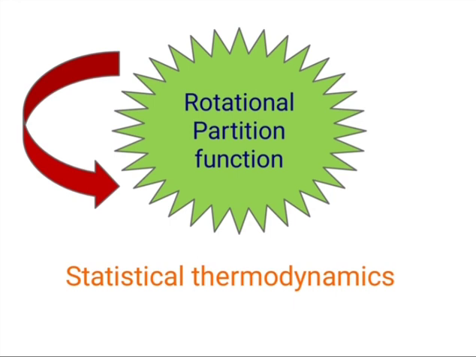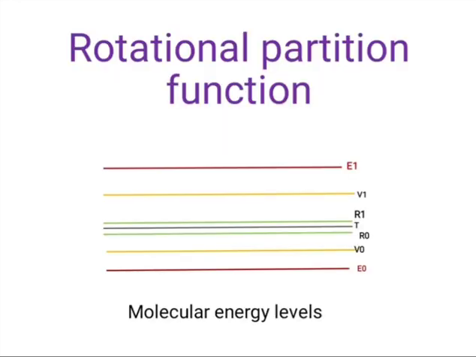So this is the partition, and as we learned, the molecular energy levels are like that. There are the electronic energy levels; these red lines are the electronic energy levels. Here, the energy gap between the ground state and the excited state is much larger. Then inside the electronic energy levels, there are the vibrational energy levels placed. This yellow is the ground state of the vibrational energy level. This is V0 and the excited state is V1. Again, there is a considerable energy gap between V0 and V1.